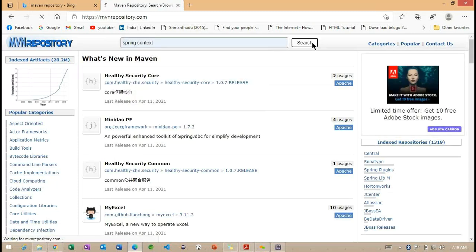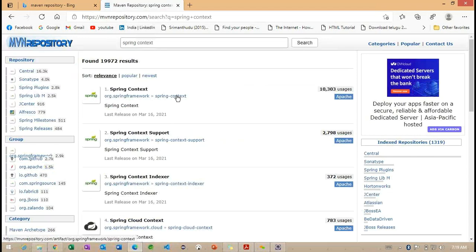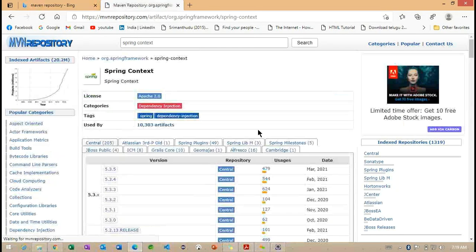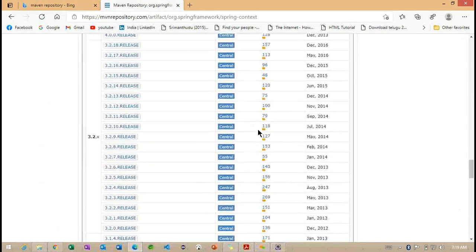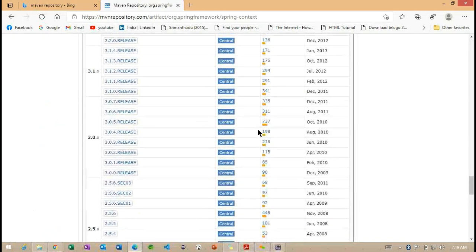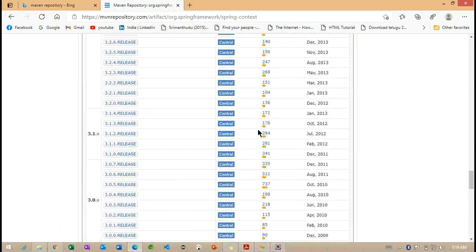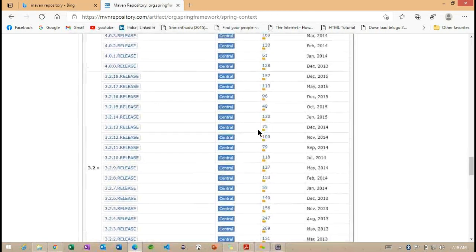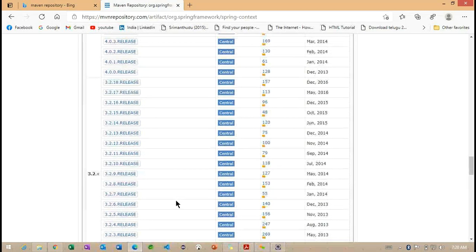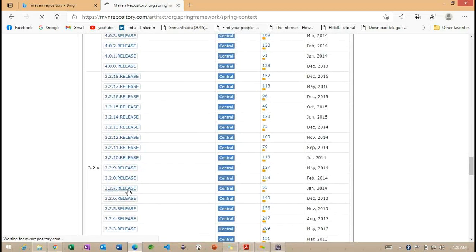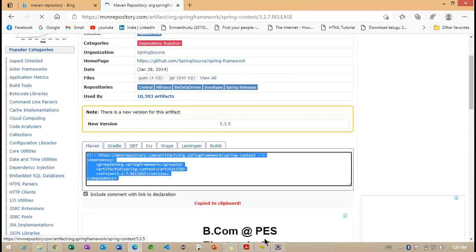So Spring context, 2.5.4. Okay, we don't have a 3.5.4, so we need to check with this particular 3.2.8 version.